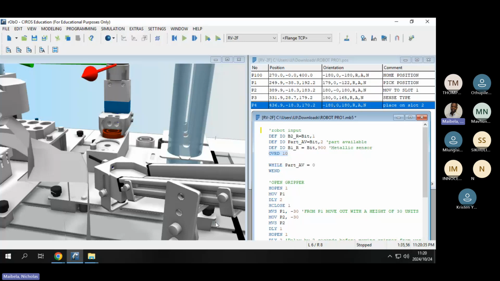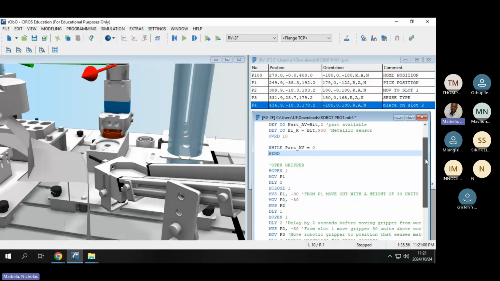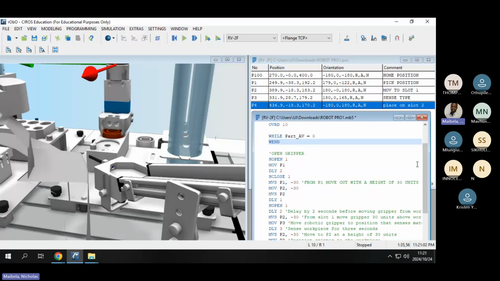Now we used a while keyword. So while the part available is close to 0, the robotic arm must not move, right? It will only move once the part is available at the chute, and then you end that while loop, right? By using the keyword WEND, right? And then we now get to the meat